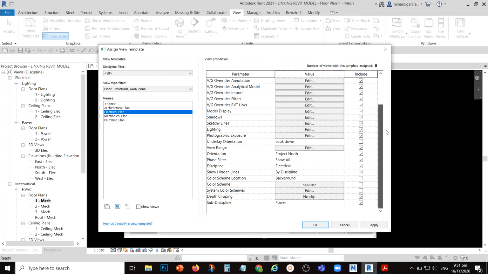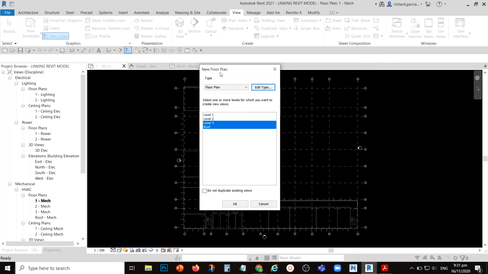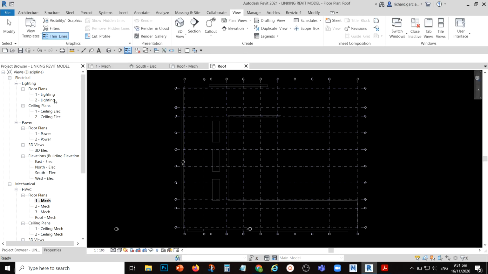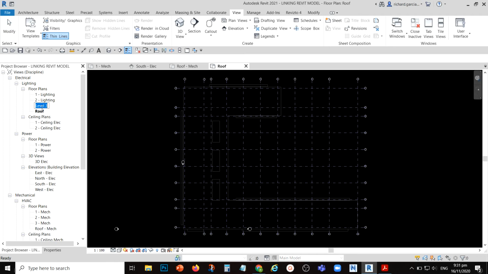Let's observe here. Okay, so the sub-discipline is power, but I want to put it under the lighting. So the discipline is correct, electrical, but the sub-discipline, I want that to be lighting. Then okay, so I want electrical plan, view template, and then I'll select okay. There you have it. So basically, that's how you create the view for the